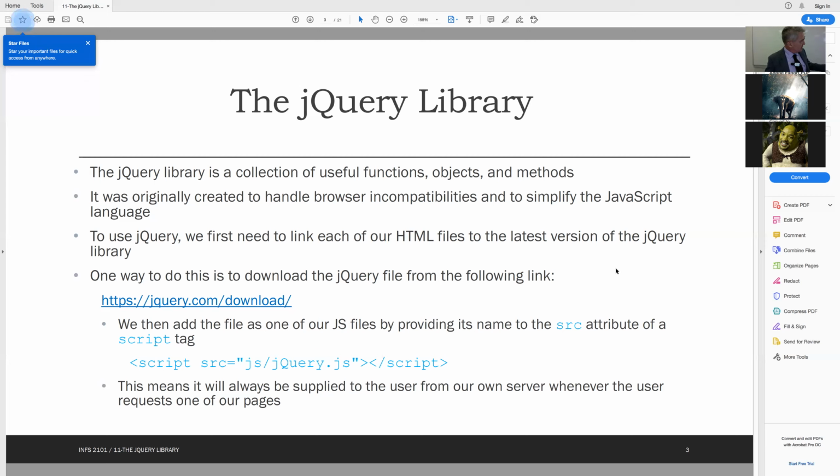Now it's a good way, but the problem is that you have now got that library on your computer. You can edit it. So heaven forbid you could corrupt it, and then all your programs that you're using that are relying on jQuery might not work. So